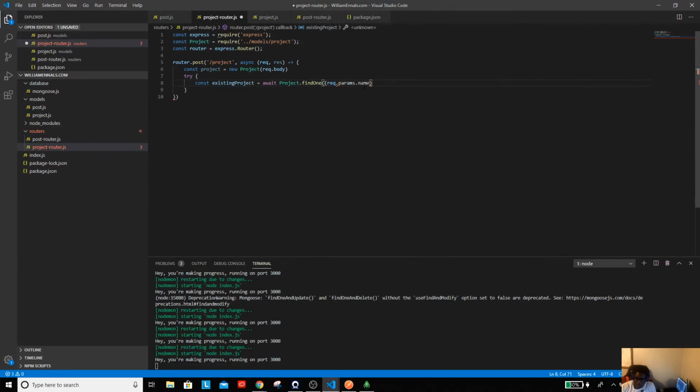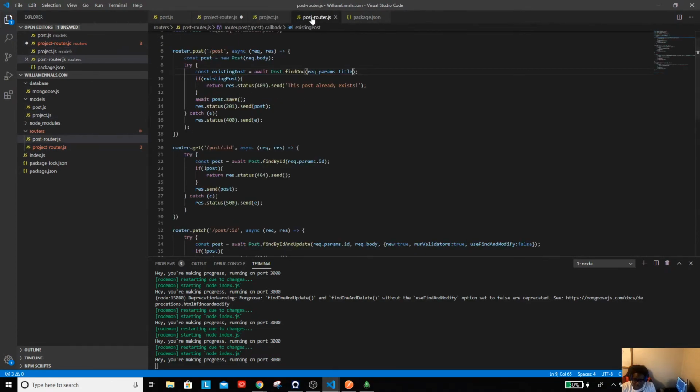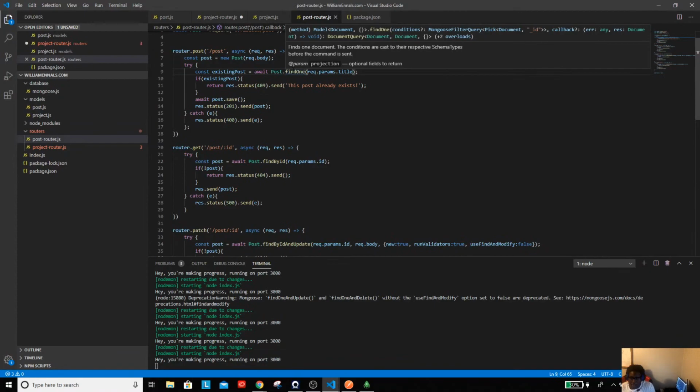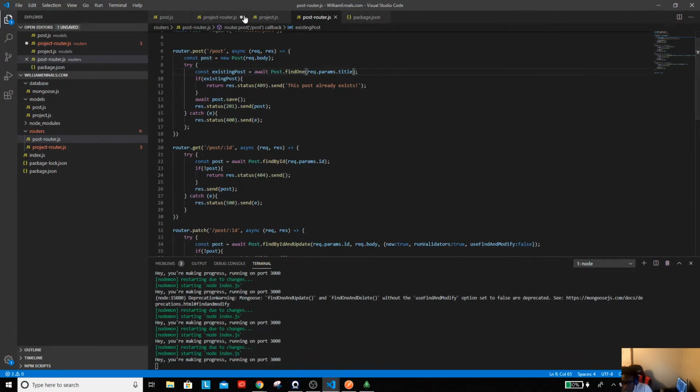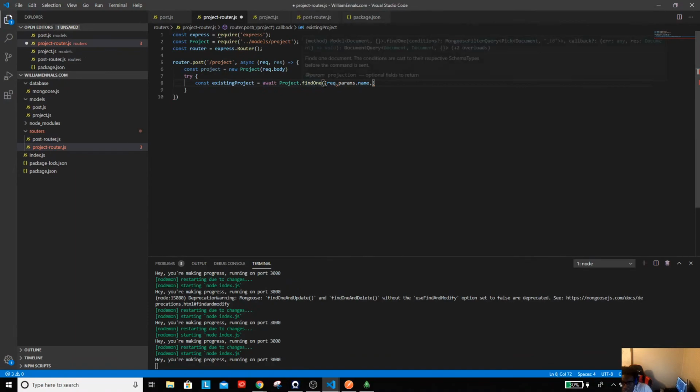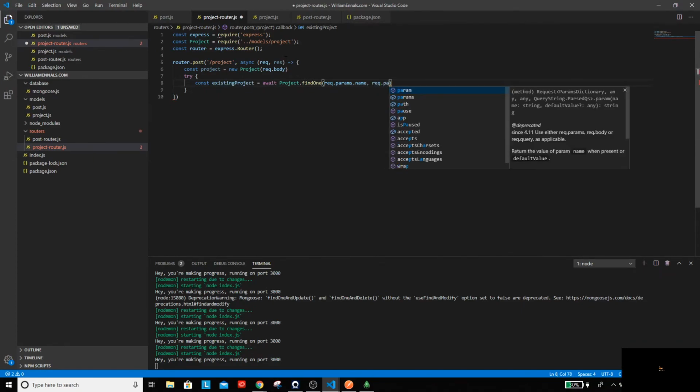Find one. So we want to make sure it has the same name and the same title. So in this case, we just pass this in because I think this comes out as an object. So you have some options here. It can be an object conditions, boom, we got that right. So I think I might be able to add more than one without doing this object thing. So let's see. Find one, yep, comma, and we do request dot params